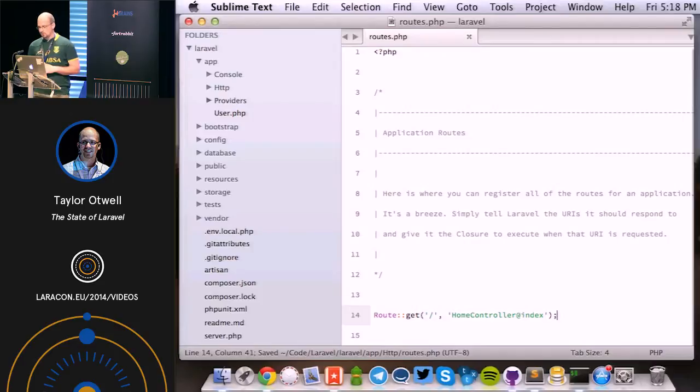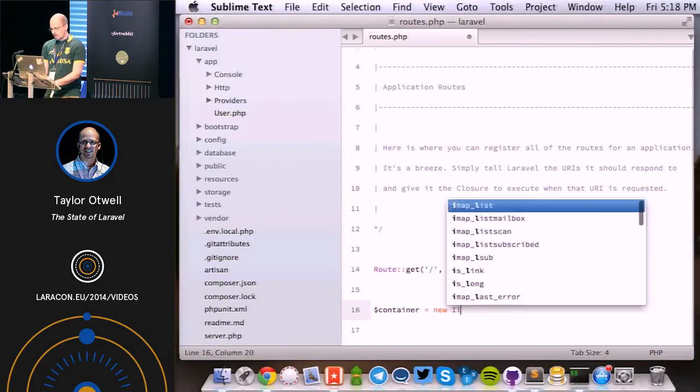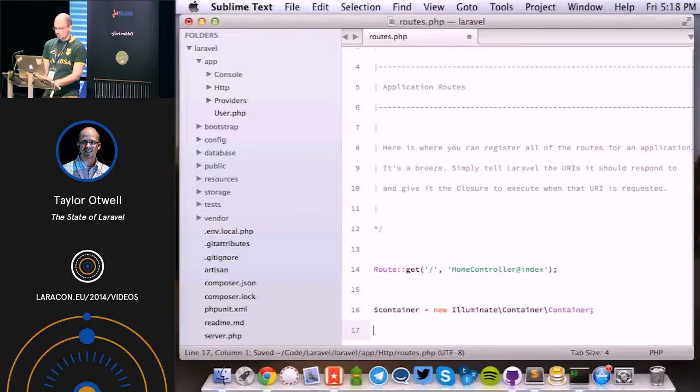And going on, I want to talk about some new general features. First thing I want to talk about is the IoC container. And this is going to build up to a big new feature in Laravel 4.3. But let's go ahead and just make a new container instance that we can play with. This is in the Illuminate container